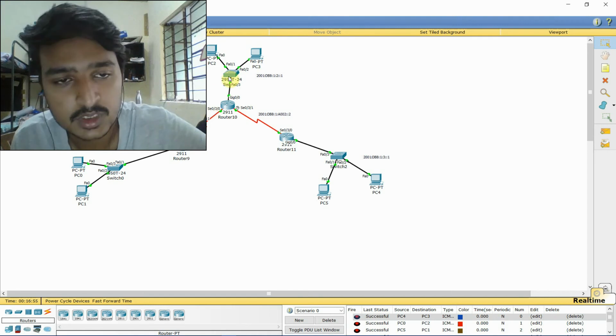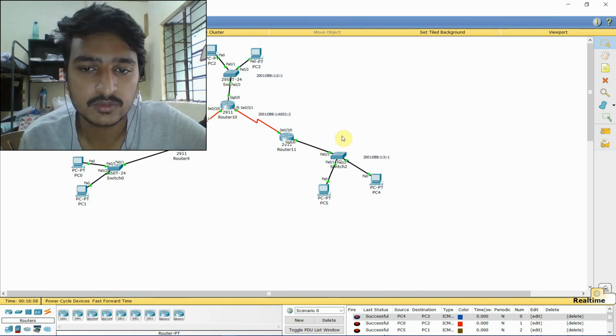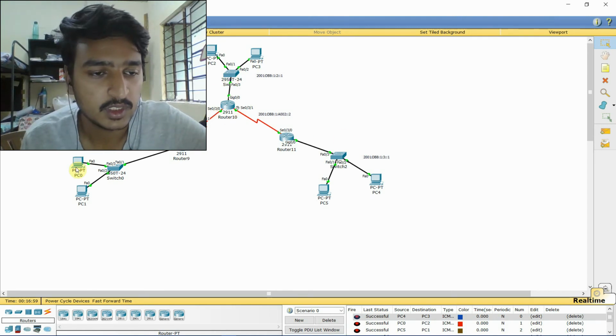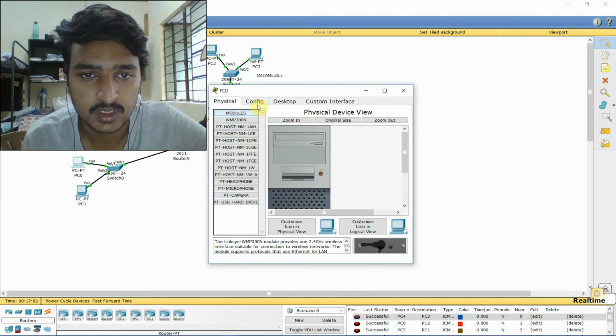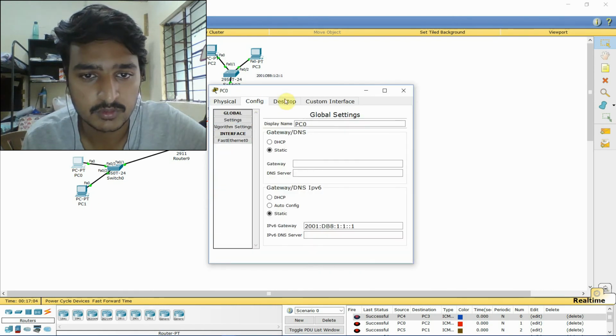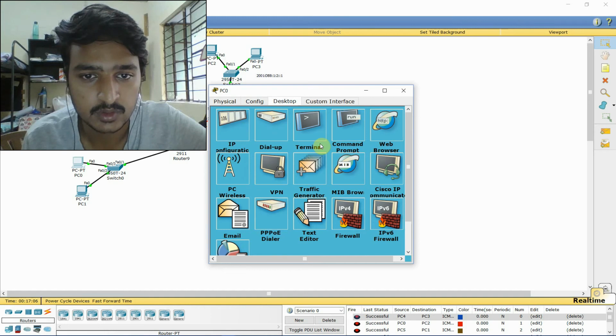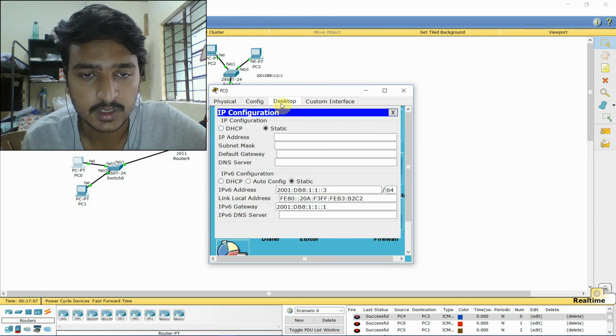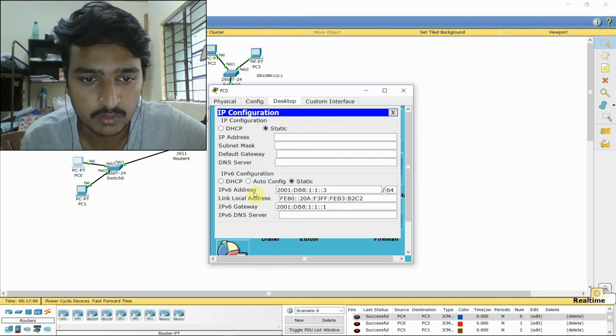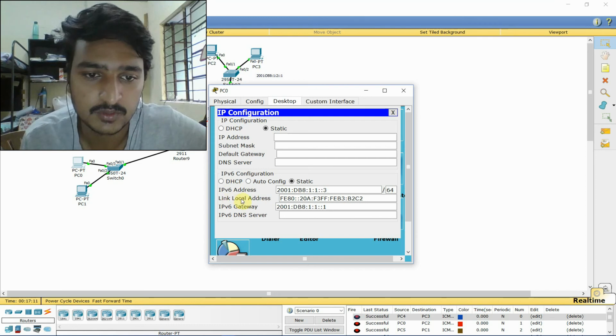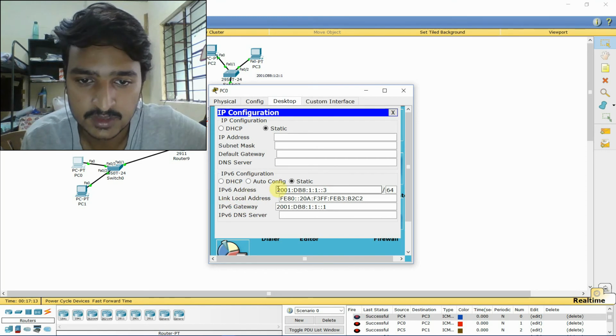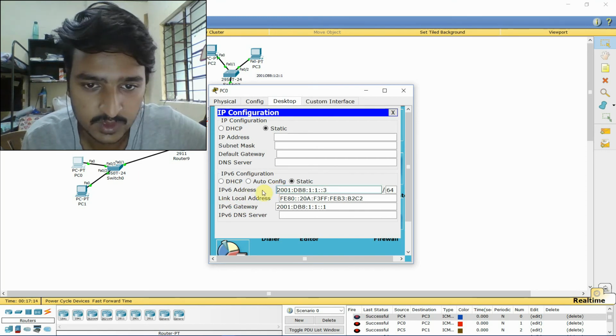And for the configuration, we go to PC0 or any PC, we go to the config, we go to the desktop. Then from there we go to IP config. Then we see the IPv6 address, that is given for the LAN 1,